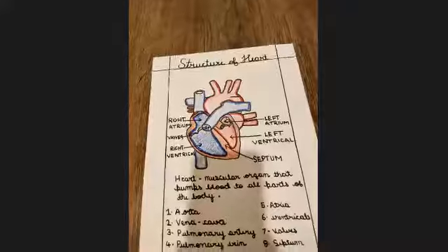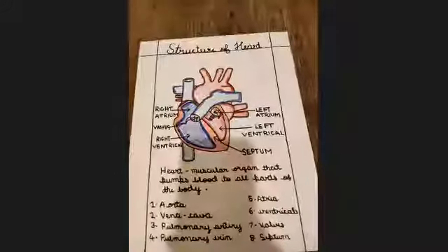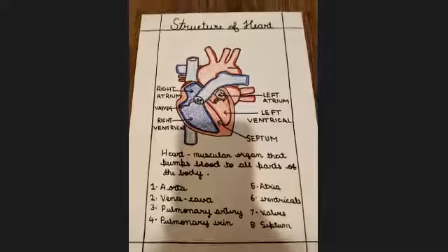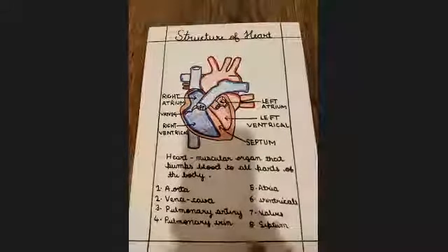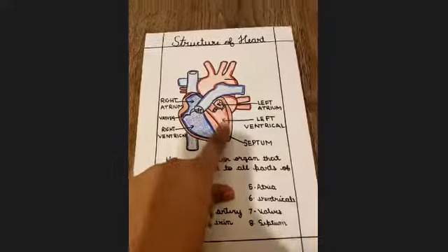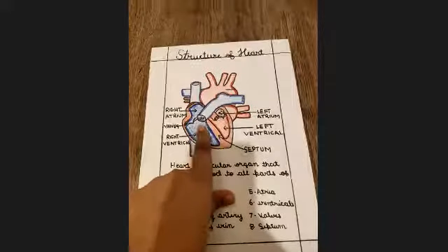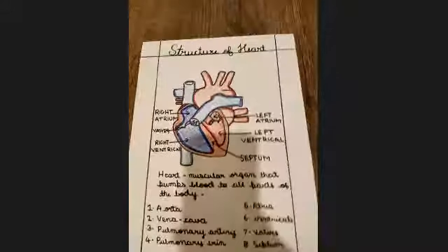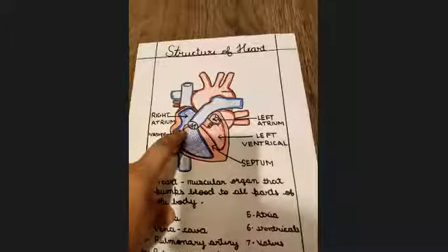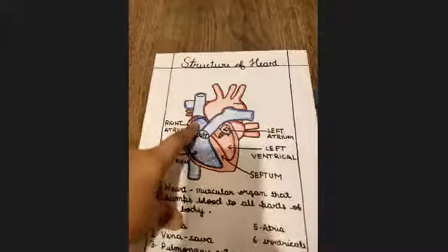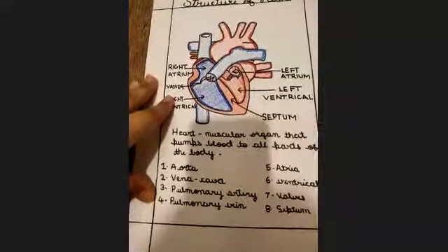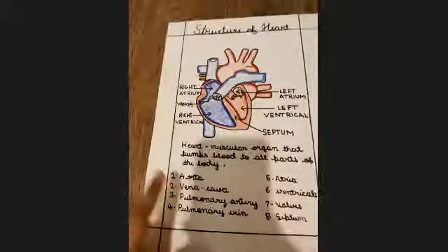The right side contains the blood rich in carbon dioxide, and the left side contains the blood rich in oxygen. But since there are two kinds of blood, there's a muscular partition called the septum, which separates the blood and prevents it from getting mixed. And there are small muscular flaps called valves, which make the blood flow only in one direction. And now we will focus on some important terms, like the aorta.